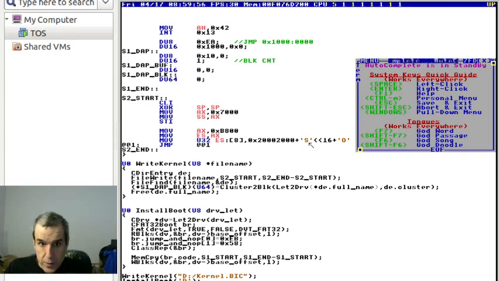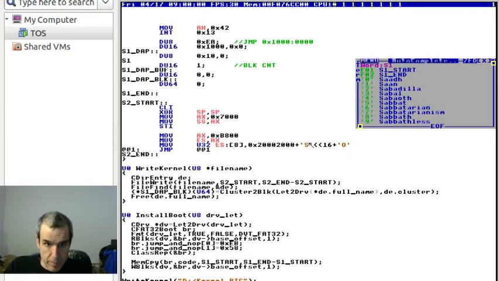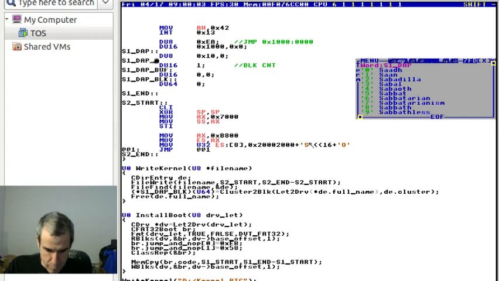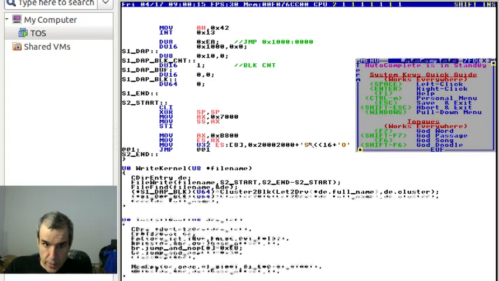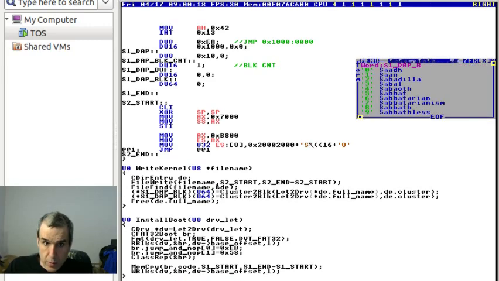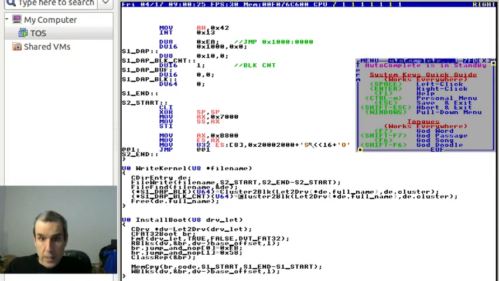What we could do is, well, let's do that. S1 DAP block count. So this is clusters. If you really want to do this correctly, S1 block count. You know what we're going to do? We are going